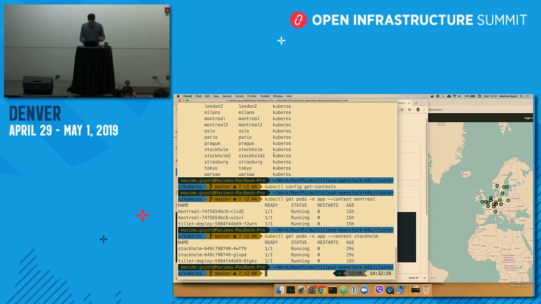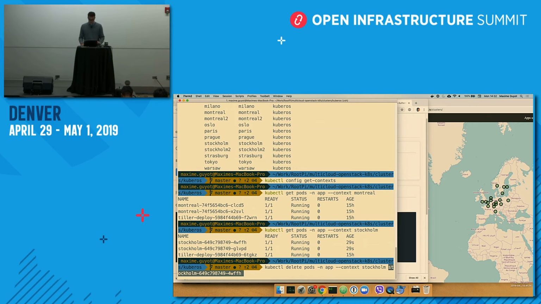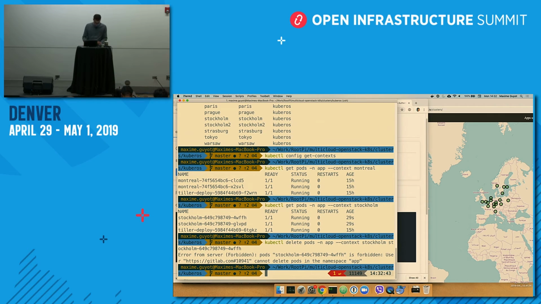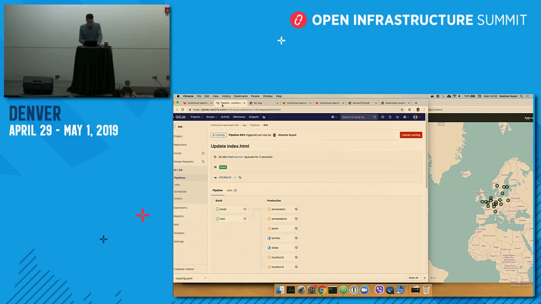All right, so this is nice. We can also set policies if we want to control access. Here I've set a policy that I have read-only access to all the API resources. So if I try to delete a pod, it should tell me that no, I don't have permissions for that. So you can set different groups or whatever. These people are allowed to delete things. Those people are allowed to create things. So this is the Kuberos thing.